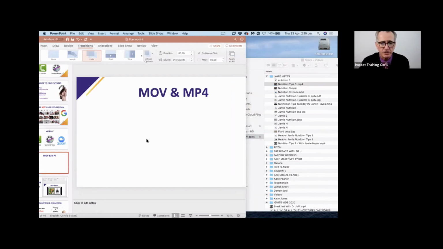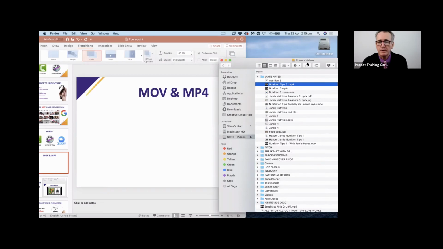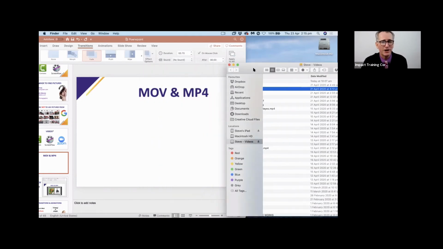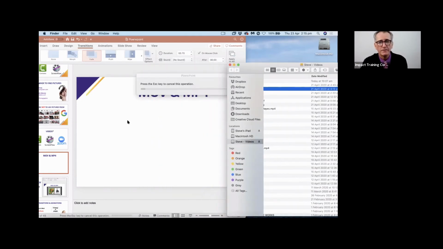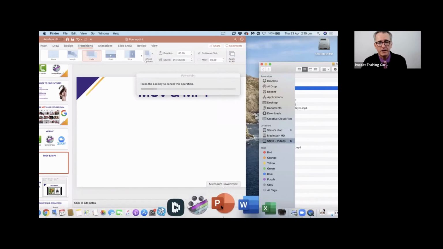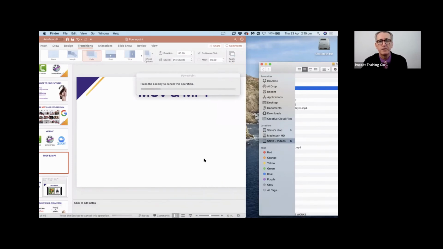Now, as this is just loading because it's a very large file, I'll just show you how big it is. It's nearly 2 gigs. So you can imagine that sitting on your computer. Before you know it, the computer won't be working. So here it is. Just getting ready to put it in. Good old PowerPoint saying, gee, you're filling me up here. As you can see, it's taking a little bit of time. It's a very big file. 2 gigs is not small.